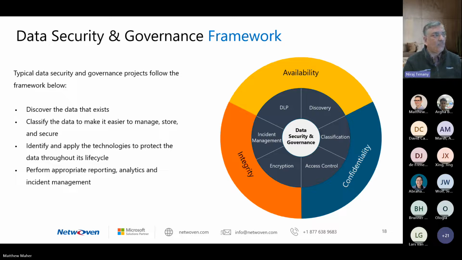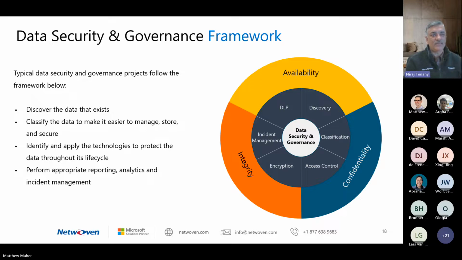Now, in order to apply the technologies, if you take a view of the diagram on the right side, you start with discovery, you do the classification, there's access control, there's encryption, there's incident management, there's DLP. This is the overall framework for protecting your data from any exfiltration.